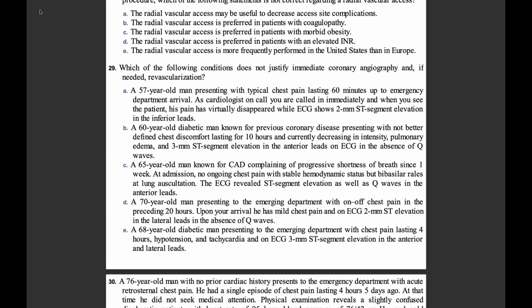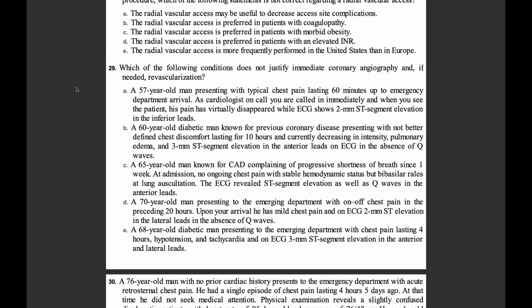Goodwin. So, on question number 29, right? Okay, for question 29: which of the following conditions does not justify immediate coronary angiography and, if needed, revascularization? Like I mentioned earlier, I think they are asking us recommendations for primary PCI. And like I mentioned earlier, the current 2025 American Heart Association, American College of Cardiology guideline